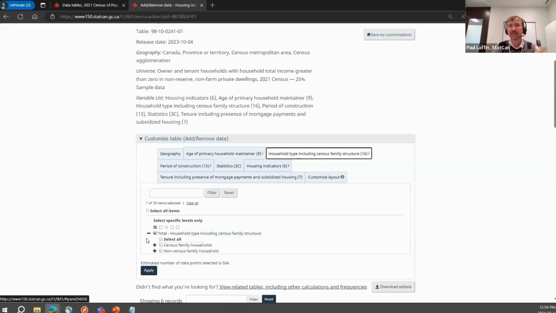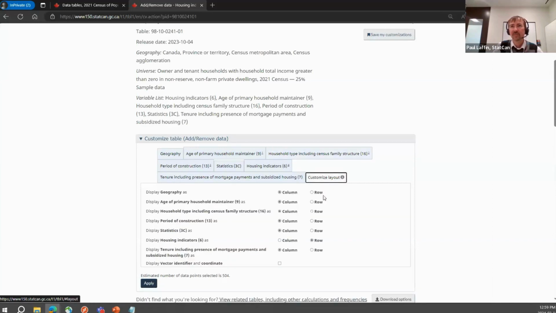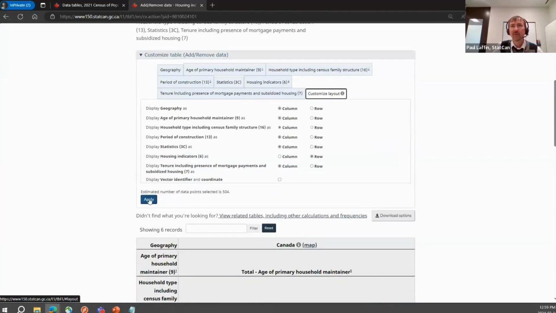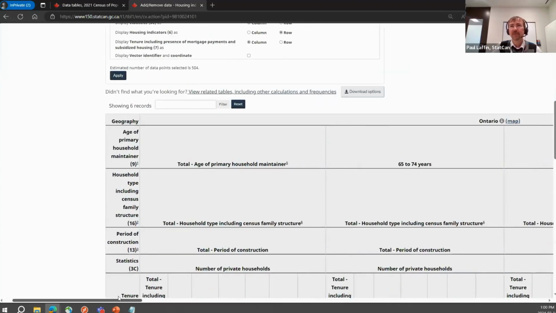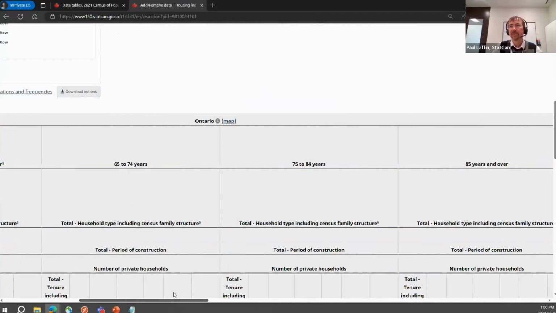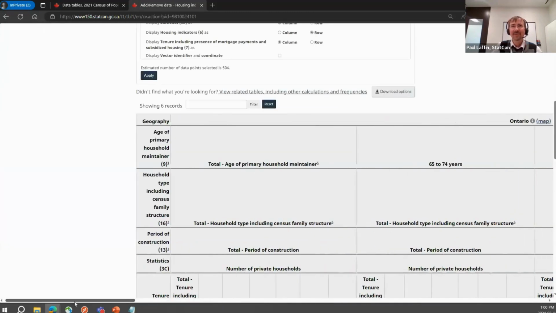I'm not trying to explain really any of what the results are. I'm basically just showing you how these data tables work and some tips and tricks. So I'm not going to spend too much time with the other indicators. The one item that you should know is you could also customize what shows up in columns and rows. So I'm okay for now on the default. And then once you make all your selections, hit apply. And then you see you get my results. You get Ontario first,